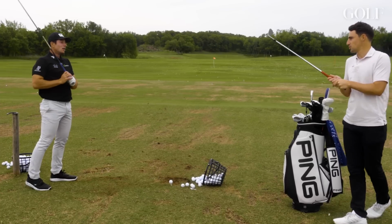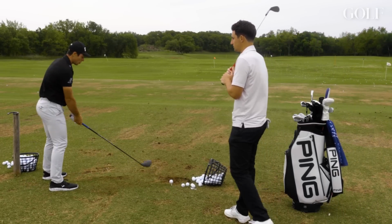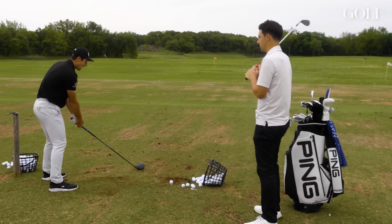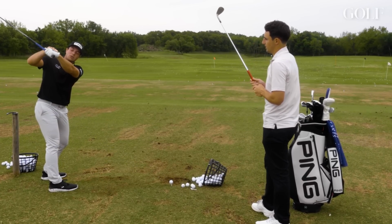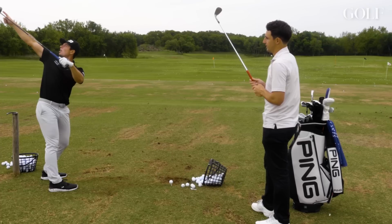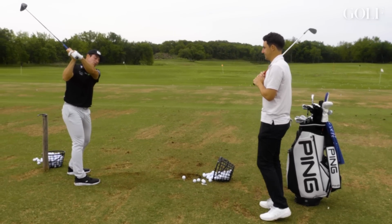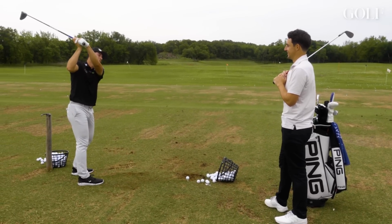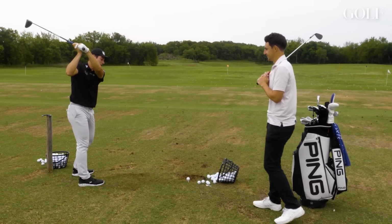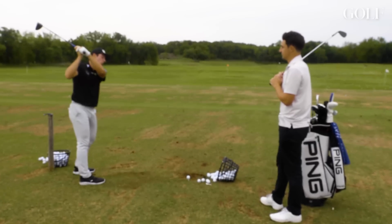So go to the top of your swing. What does that look like? Yeah, so top of my swing, obviously it's going to look a little different compared to when you're doing it in real time. But my left wrist will be a little flexed like here. The club face is pointing kind of straight up in the air. And another thing is my arms aren't very deep. I have high arms in the backswing. So what that does is I have to